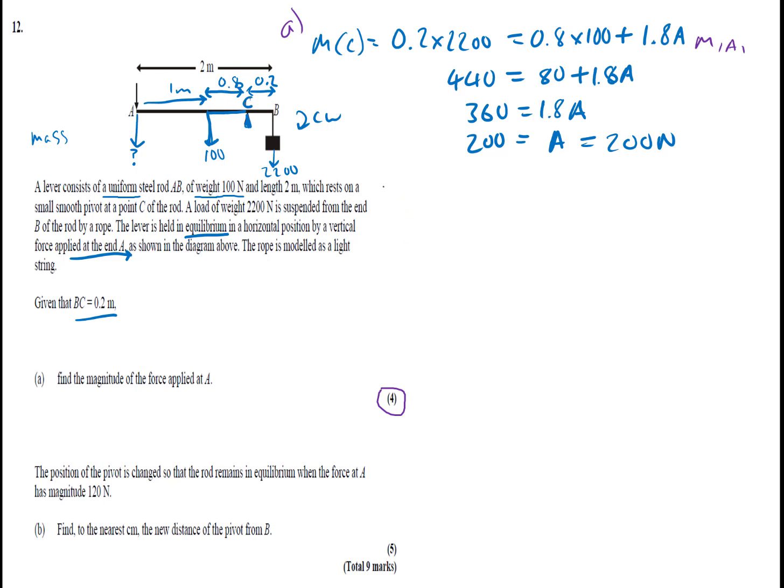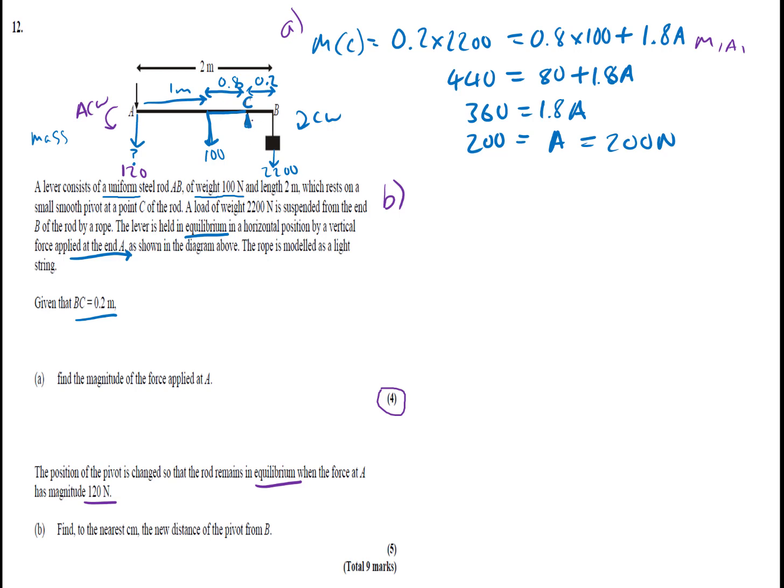Right, so let's look at part B. The position of the pivot is changed, so the rod still remains in equilibrium, but the force at A changes to 120. So I'm going to use the same diagram, 120. Now if this number is less from 200, then to make this moment, which is anti-clockwise,